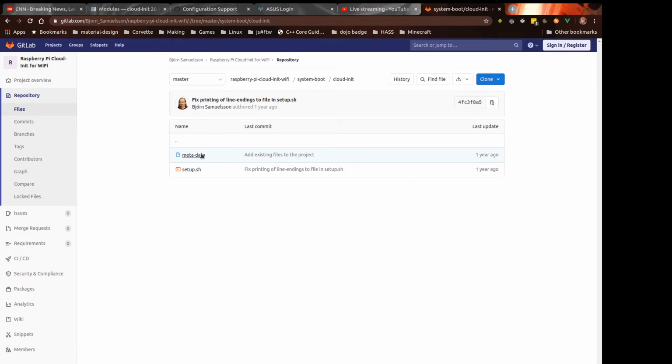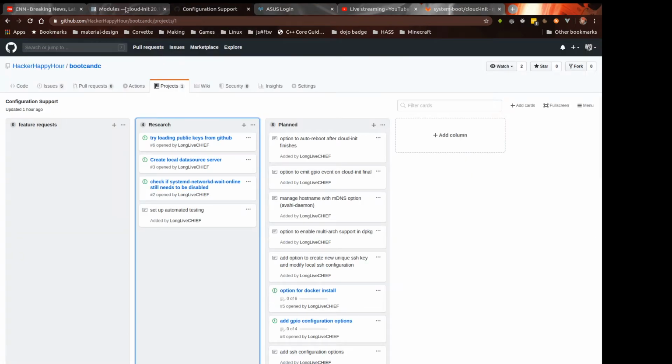There's one other key thing that Bjorn does in this that I'm not entirely sure we'll need to do in the long run, but for now I'm going to leave it, and that is he disables the systemd online wait service on boot. That is basically saying disable the service that waits for a network connection before continuing with other setup. And what that'll allow us to do is just manually run netplan with a set configuration that we know will work. Okay, so long story short, there